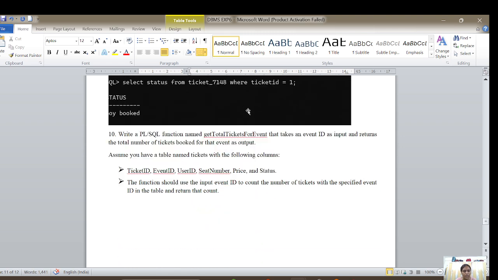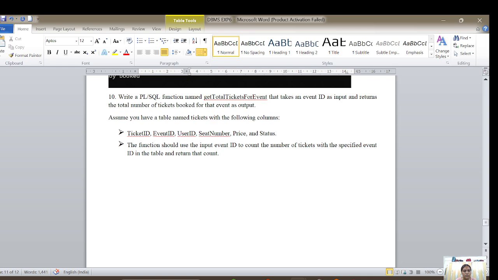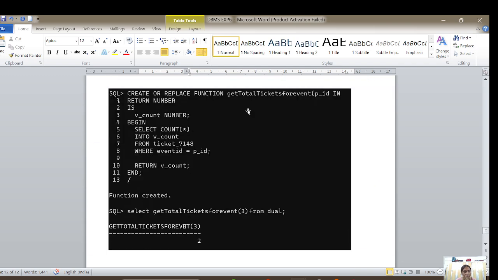Then the procedure will be created. The 10th question is to write the SQL function named get total tickets from the event that takes an event ID as an input and returns the total number of tickets booked in the event. So we have to replace the function of the get total tickets from the event. Return number is v count number, begin from where,